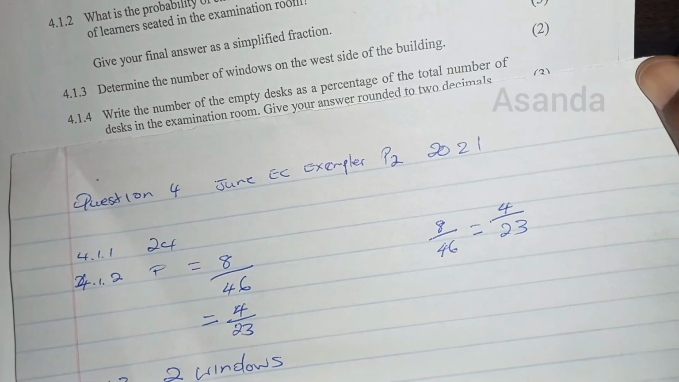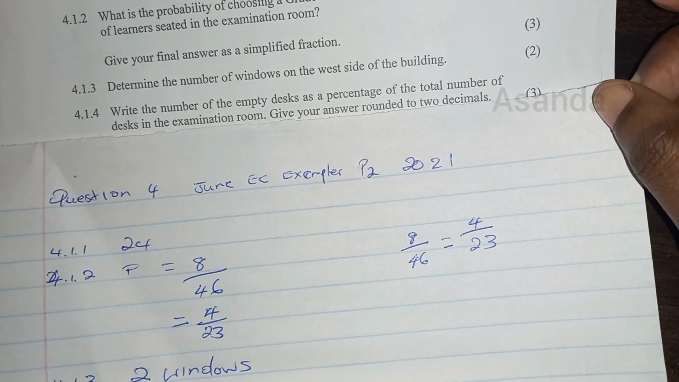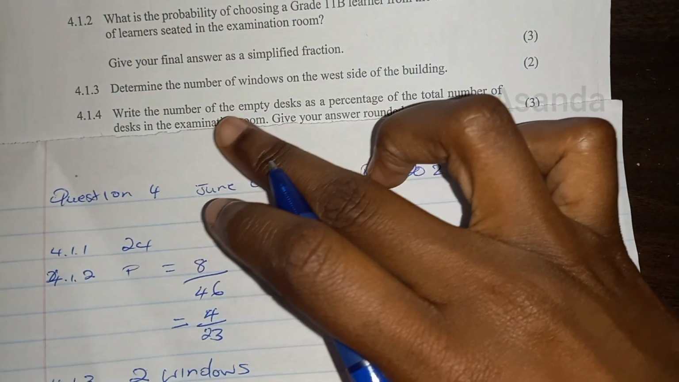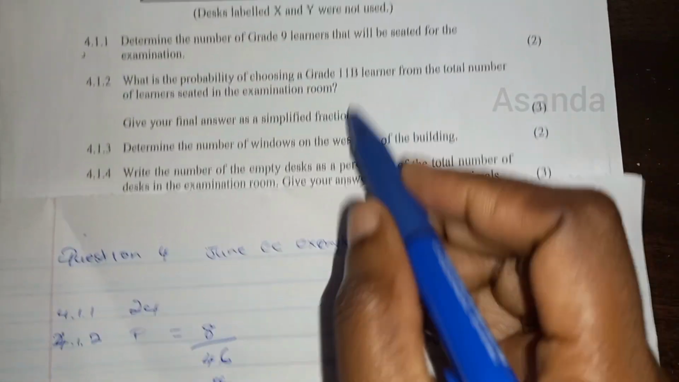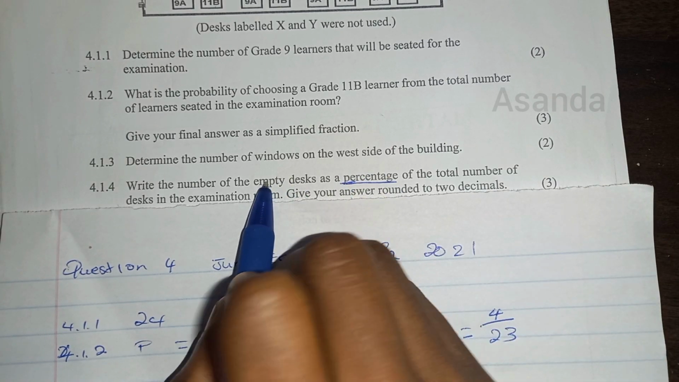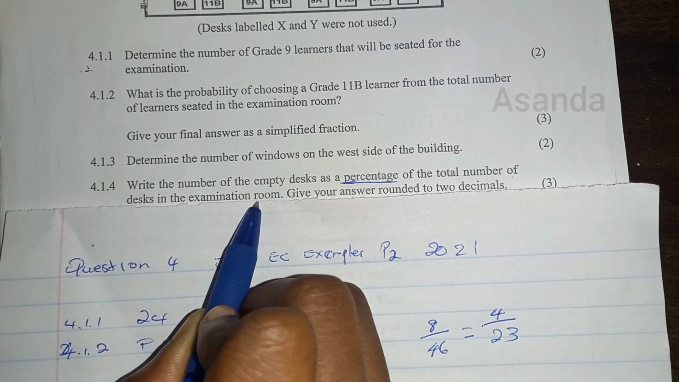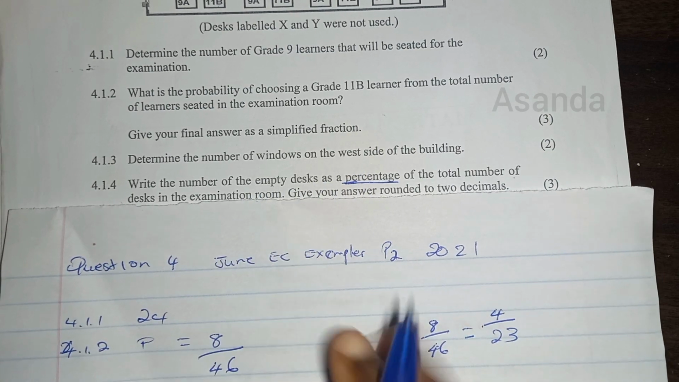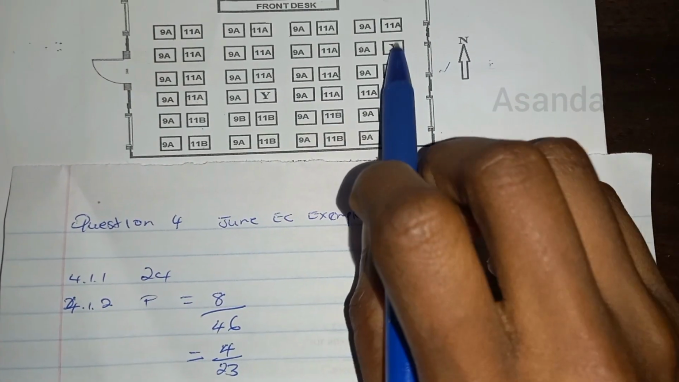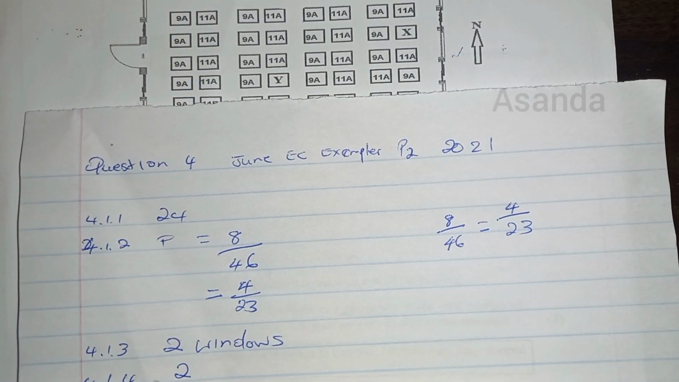Write the number of empty desks as a percentage of the total number of desks in the examination room, and then round off to 2 decimal places. That's fine. So what they're asking us there is to calculate the percentage for the empty desks. We must divide that by the desks in the examination room to get the percentage of the empty desks. How many empty desks are in this room? They said X and Y, there's no one sitting there. So there's 2 empty desks